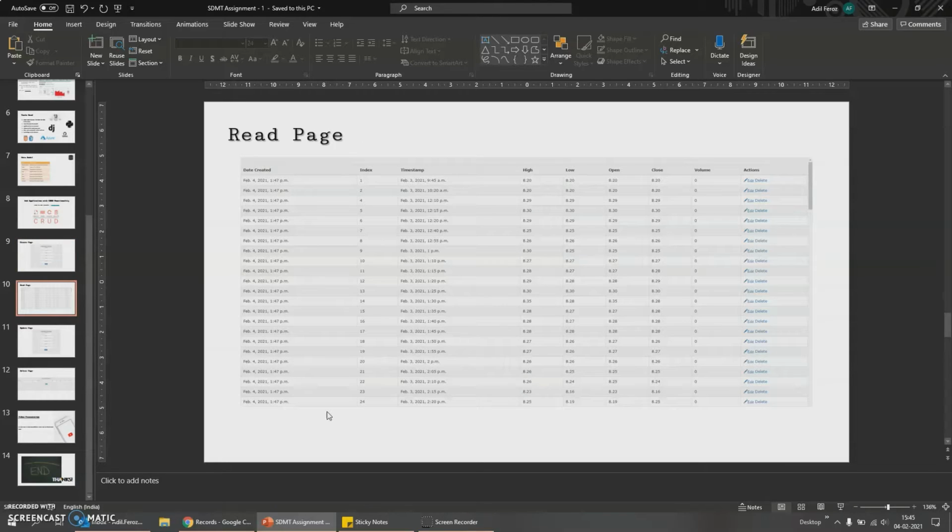So this is the read page, and it shows a lot of columns, as you can see. As you all already know, our data here is about stocks, and our columns here are mainly the highest value of the stock, lowest value of the stock, and then opening and closing prices of the stock, and also the volume that has been traded. And now the actions tab that you are seeing here is part of the CRUD functionality, where both the actions, which are edit and delete, are a part of update and delete functionality.